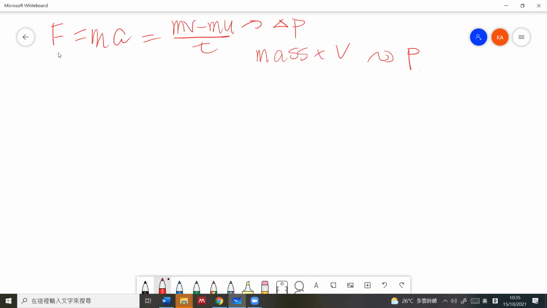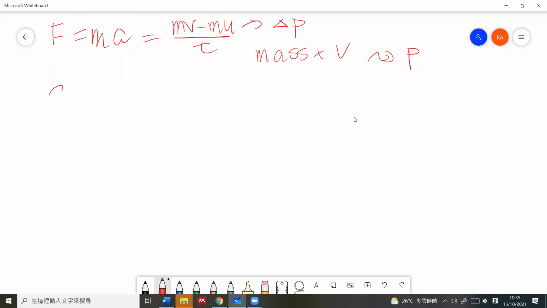係咪大家都聽到啊？有冇人聽唔到？ 用 next one 佢聽唔到得。聽到啦，聽到。聽到啦，係嘛？